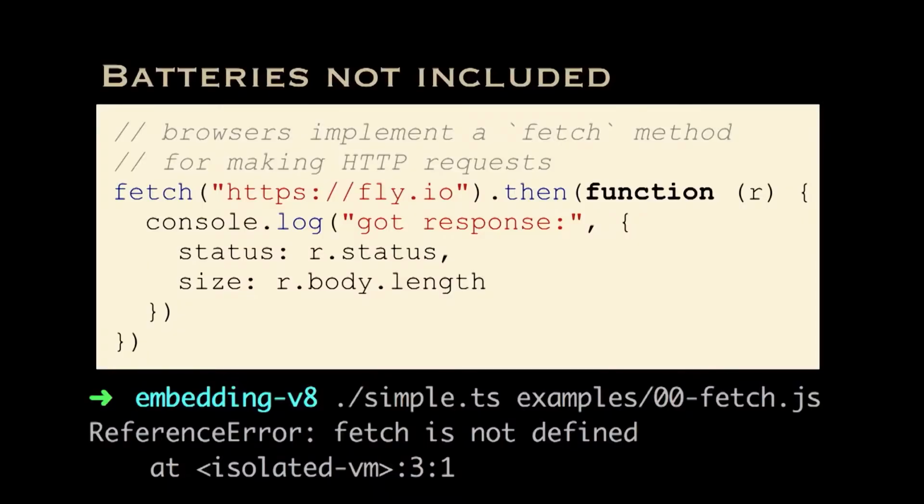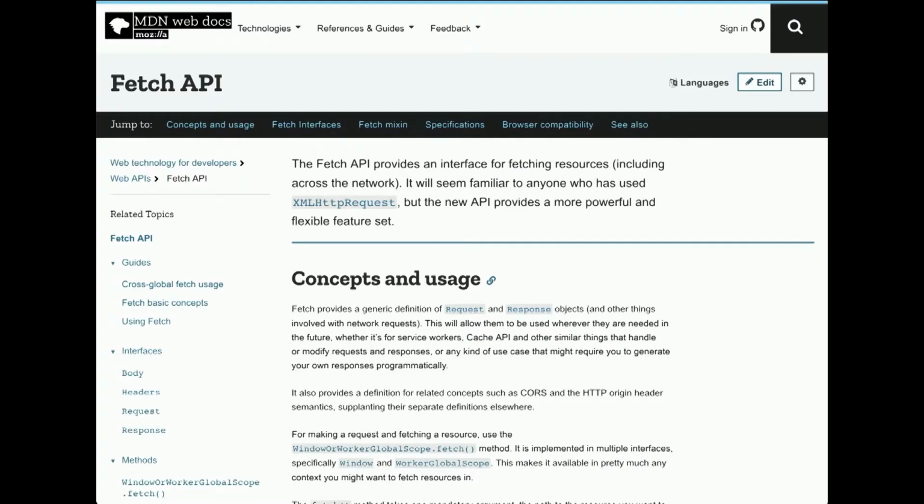The problem with V8, and the problem with every JavaScript engine, is they don't do anything. Like the fetch function that we'd use in the browser is really handy. It's the way we make HTTP requests, get data from the internet, which is kind of the core of almost every program. So when you try and run fetch directly in V8, it'll just say, hey, I can't run this, I don't know what fetch is. So what you end up doing is you have to implement the fetch API from scratch, which is a big, hairy beast, but at least it's accessible. It's a nice API. What Node let us do is get straight to V8 and start prototyping what we wanted our JavaScript environment to look like for users.